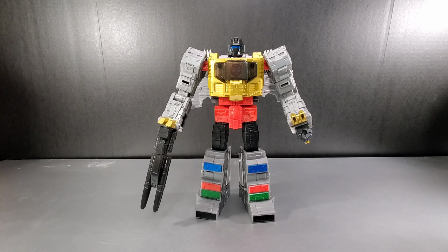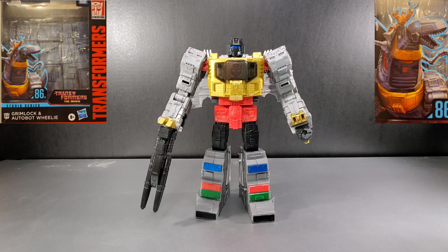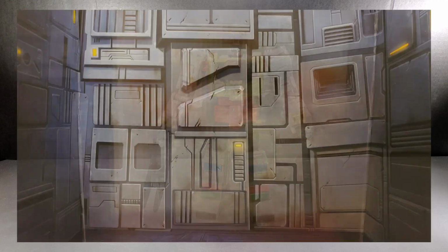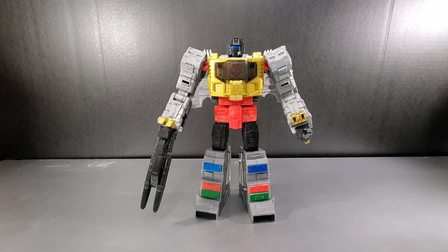In this review, take a look here at Studio Series Leader Class Grimlock. I don't have the box with me at the moment. I've actually opened them up and the box has been put somewhere else, so I don't have it with me. But I will put a picture up so you can see the box. Now the little insert inside is just the walls of Quintessa when Grimlock comes busting in with Wheelie on top and they start attacking the Sharkticons and everything, and Grimlock sticks them onto the Quintessons. That's the backdrop you're getting. Sorry I don't have it with me at the moment, but I just want to go ahead and get this